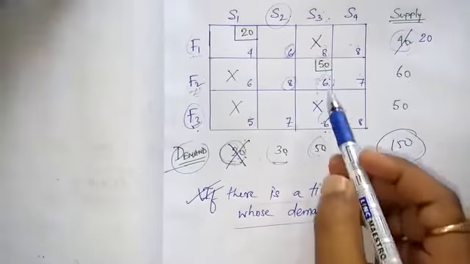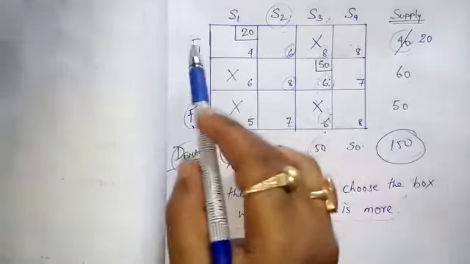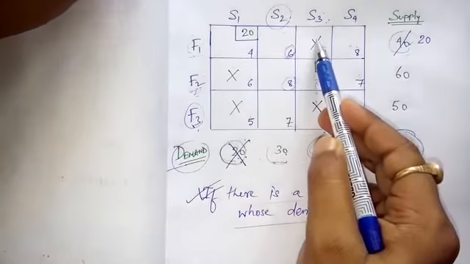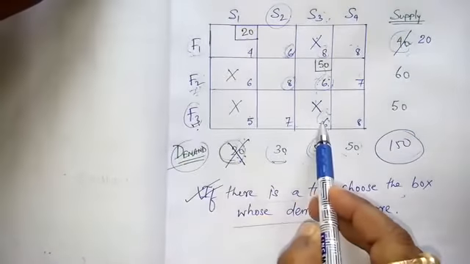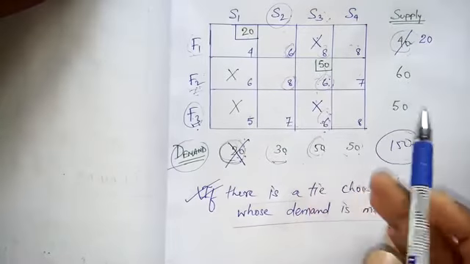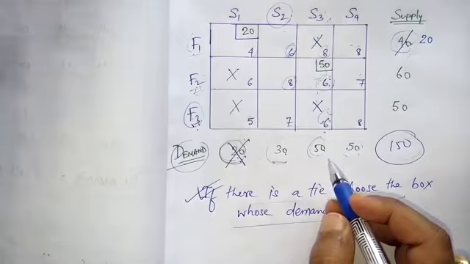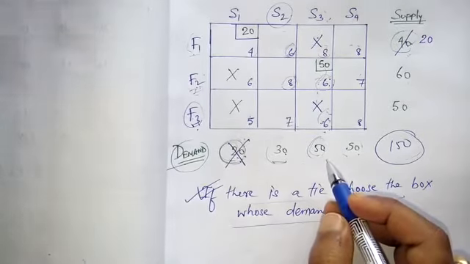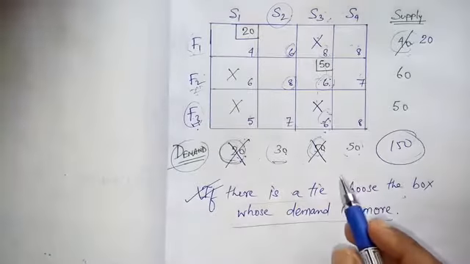Why? Because if the demand of store number 3 is fulfilled, then I am not going to supply any good from factory 1 to store number 3 and from factory 3 to store number 3. Okay, you have understood. Now if I ask you what is the demand of store number 3 at the present moment, it is 0 because it is fulfilled.